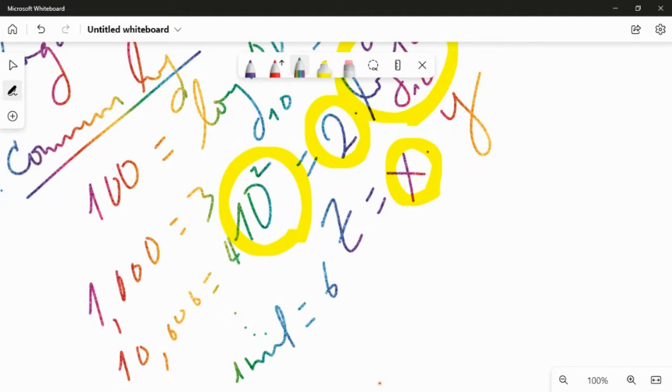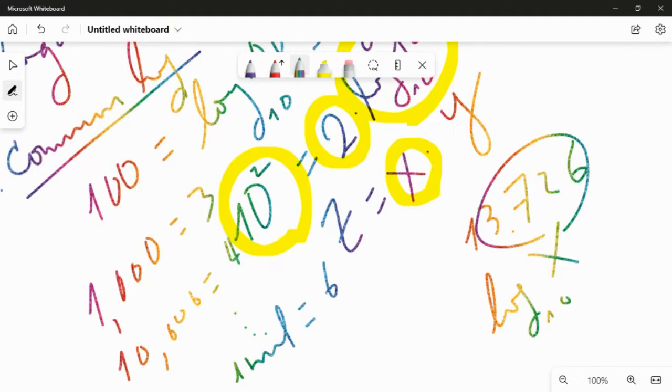So what if we have a number like 13.726? If we have a number like this, can we take the base 10 log of this number? Yes, mathematically and theoretically it is possible, but